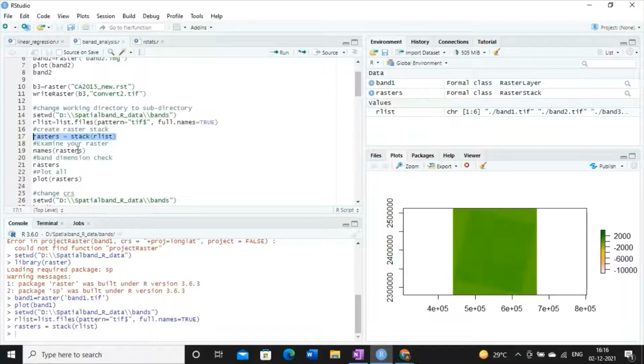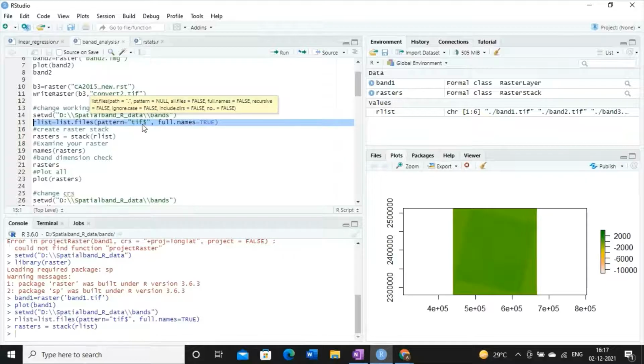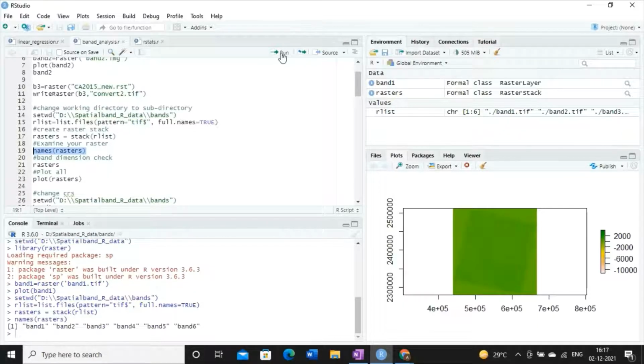Now, if you display this variable rasters, where I have stacked the R list, which considers all the bands in TIF format, then you will be able to see all the bands as output. See, we have band 1, band 2, band 3, band 4, band 5 and band 6.